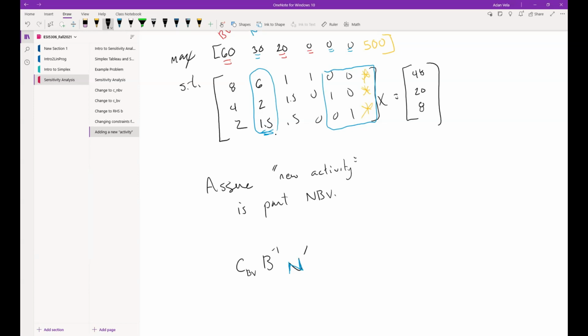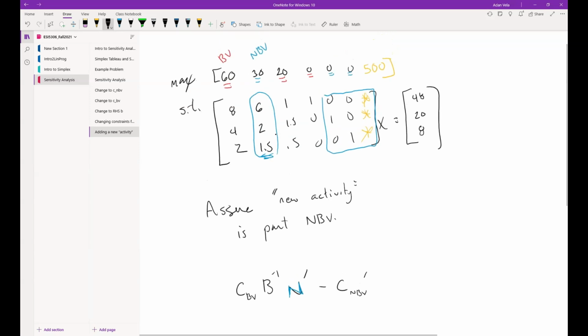And we subtract that from CNBV prime. And CNBV prime is just our old CNBV, which included 30, 0, and 0, but now it's also going to include 500. And so you want to go through that calculation,